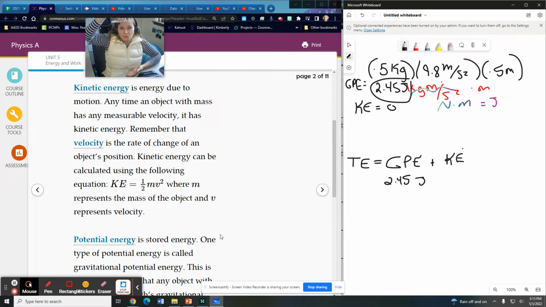So right here, remember, it's stationary. So all potential, no kinetic. Right here, the very point that it hits my hand, it's all kinetic, no potential. So at the very bottom, it's going to be 100% kinetic energy. So I'm going to figure out how fast it's going here. Kinetic energy, I'm going to say, is going to be equal to 2.45 joules because it should be equal to the potential energy because that's what the law of conservation of energy tells us. So kinetic energy, 2.45 joules,